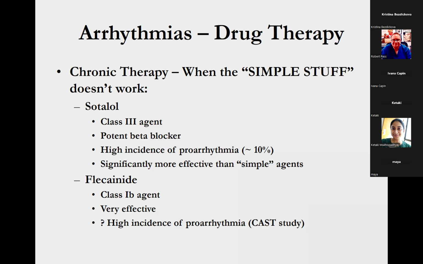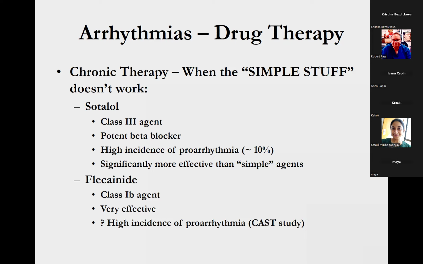So some of you may not be aware that the most common reason that people after a heart attack die is from arrhythmia. Presumably the infarction injures heart muscle, which predisposes the patient to life-threatening ventricular arrhythmias. And so there was a lot of interest in which agents would be safest to give patients and would be most effective.